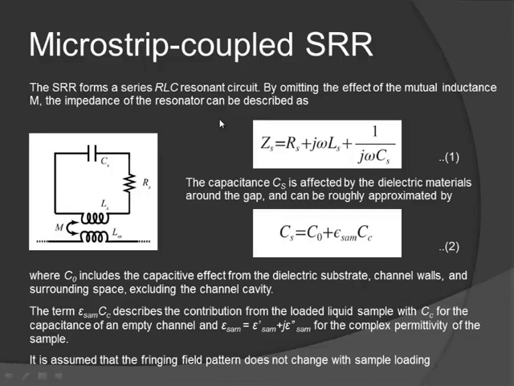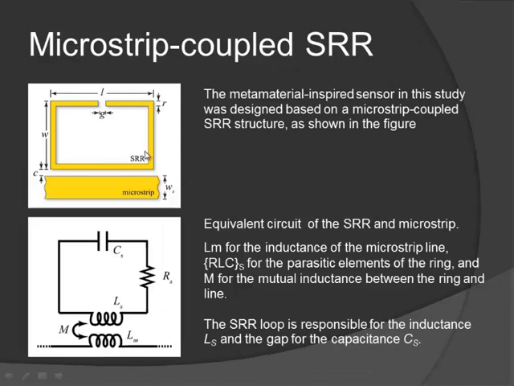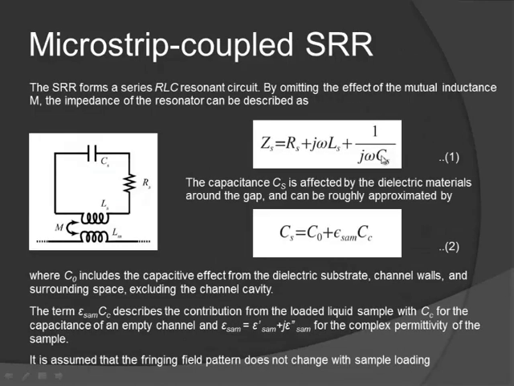When we consider the basic equation of the RLC, we find that the impedance can be calculated as a function. In the capacitance part, the first two terms come from the fixed structure, so they are not variable. But the last term in C is affected by the dielectric material around the gap. C is a summation of C0 and CC multiplied by the epsilon of the sample, where C0 includes the capacitive effect of the dielectric substrate, channel wall, and surrounding space, including